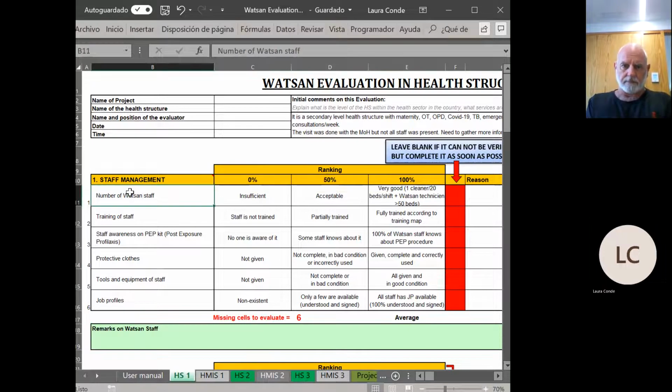And then if we're going a bit on the details of the form, I see on staff management, there's a number of staff. This was a bit tricky for me. I wanted to know who do we exactly count as Watsan staff? It will include your hygienists, your Watsan technicians, your Watsan people, and even cleaners will be included in that box now. Okay. I had another question on the PEP kit. What does PEP stand for? Yeah, people get confused with this a lot. It's not personal protection. It's to do when you've had a needle injury or a prick injury. It's a way of dealing with